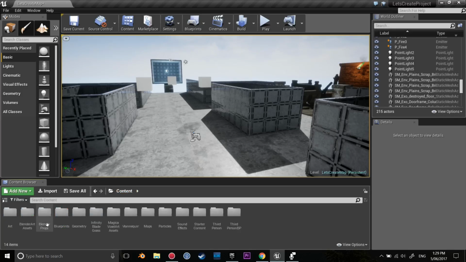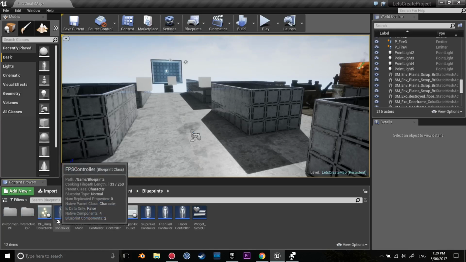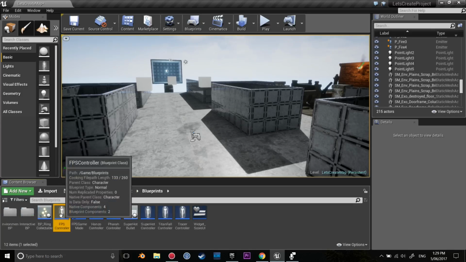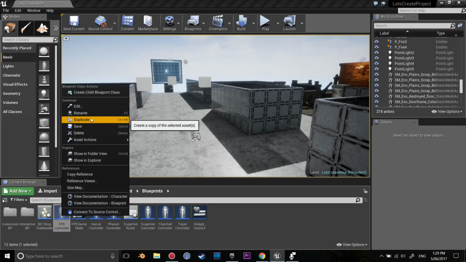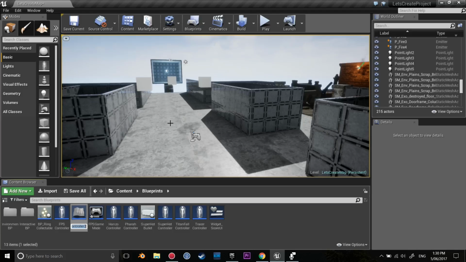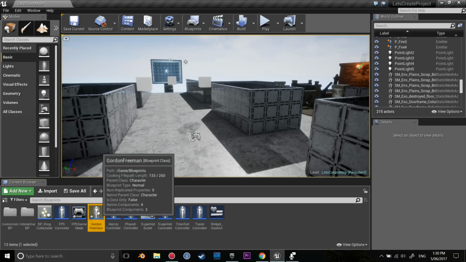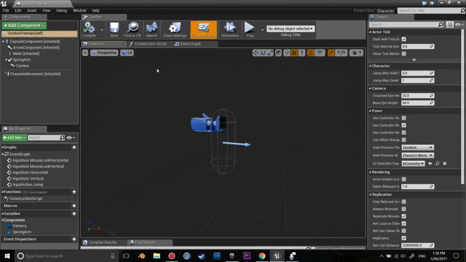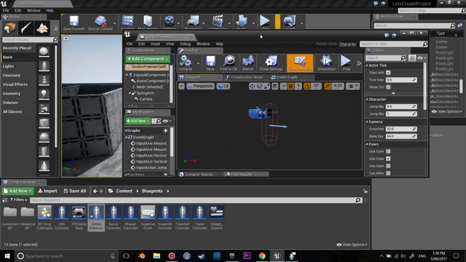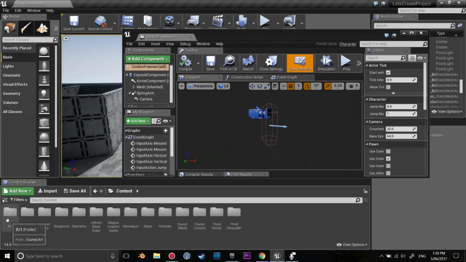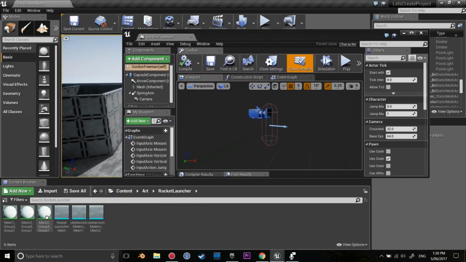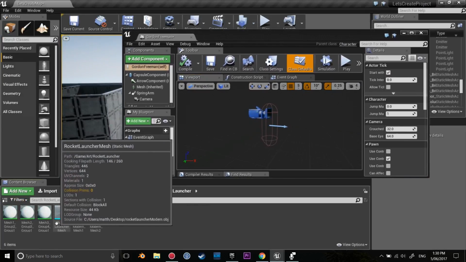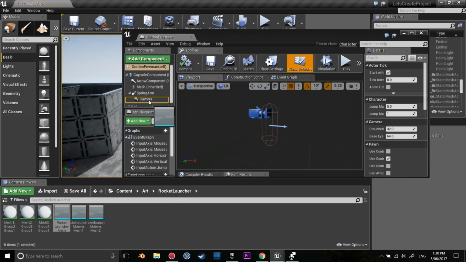Go back to Content, Blueprints, and inside of here we're going to duplicate our FPS controller and create another character. This time around, the character we're going to create is Gordon Freeman. We're going to open Gordon Freeman, go into the viewport, minimize this for a second, go back to Content, Art, then Rocket Launcher, and get the Rocket Launcher Mesh and make sure it's a child of the camera